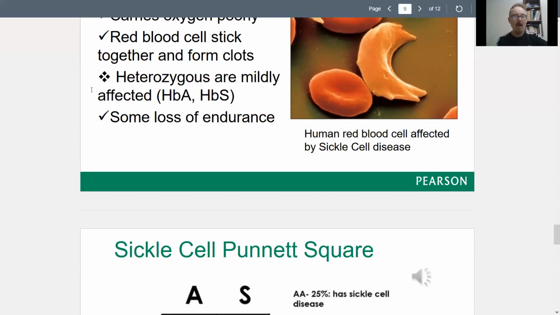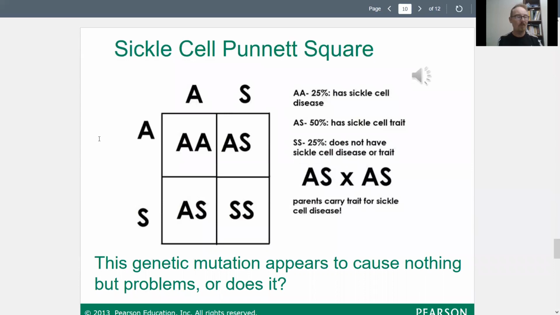So if you have the heterozygous condition AS, that's enough to cause a partial conformational shift of that red blood cell. That Plasmodium falciparum, that malaria, will not get to you, will not kill you. If you're in a heterozygous condition, you're still going to live. You're not going to have as much endurance as other humans, but it's not going to affect you other than that. Okay. So in a condition of high malaria in a population,